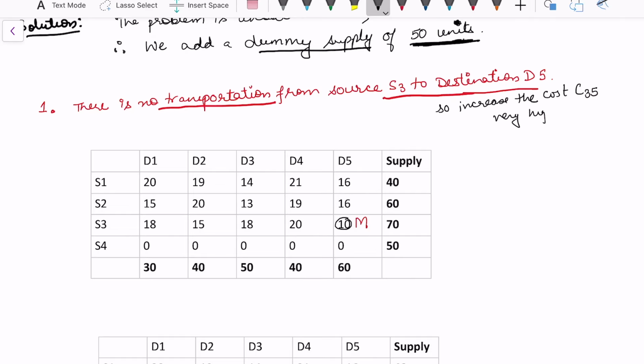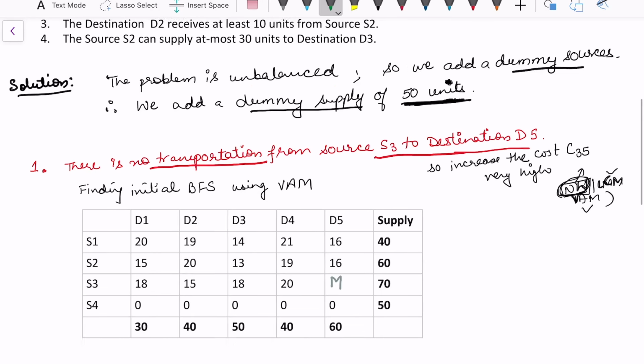So very high, that means when we are going to apply the northwest or least cost method or Vogel's approximation method, we are going to avoid this cell, especially in the restricted transportation problem. When there is a restriction, sometimes northwest does not work, because here we do not see the cost. So sometimes this does not give us an appropriate idea, so I'll prefer to use either the least cost method or Vogel's approximation method. You can try in this problem, if you solve this question by northwest, then this cell will have some allocation. So this is not a very preferred method in particular for this question. So considering this quantity as M, we are going to find the initial BFS using Vogel's approximation method.